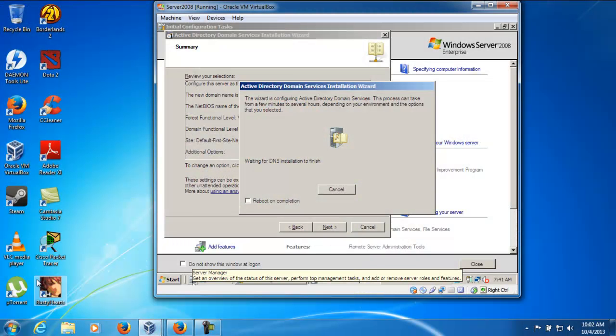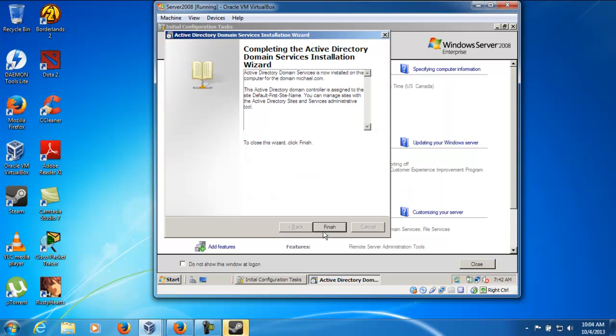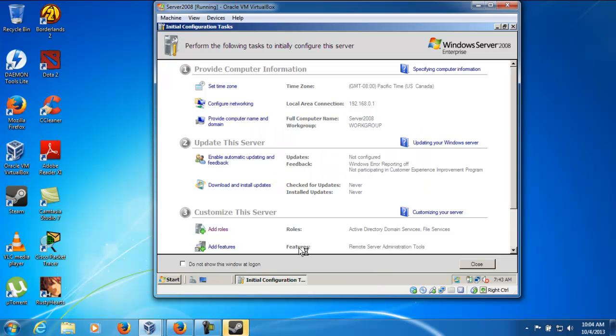domain. This takes a little while to complete, and you can also check this box to reboot on completion. If you have any other work opened, you don't check this so that you can close off all your work before you reboot the system. It's configuring the local computer to host Active Directory domain services, creating the directory, and configuring the DNS server, because this should be your server machine that you're using, right, and it's finished. So now click finish, and now I have to restart. So yes, restart now, as I don't have any work that needs to be